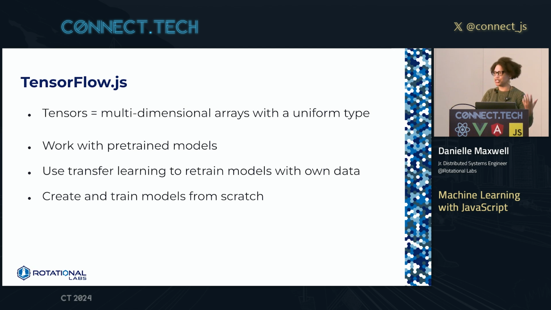However, they do have pre-trained models that you can work with, so you don't actually have to train it yourself. However, you can also use transfer learning with TensorFlow.js, which is not something that you seem to be able to do with the models in Transformers.js at the moment. What that means is that you can take a model that has already been created in TensorFlow.js, and then you can train it with your own data. Another thing you can do is create your own models. You can create your own neural network and then create your own model from scratch with your data set